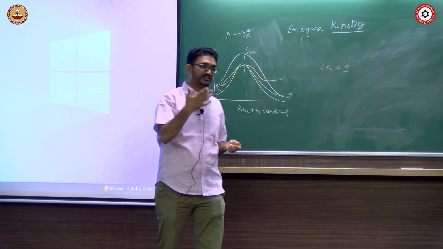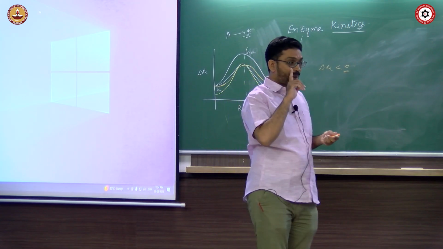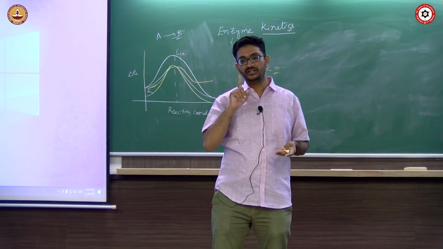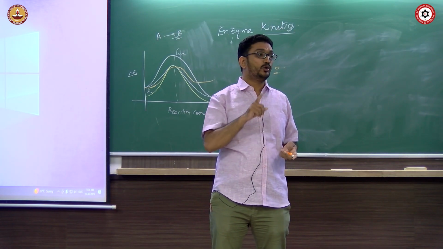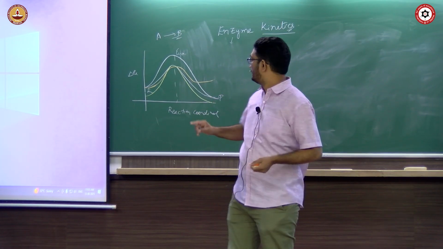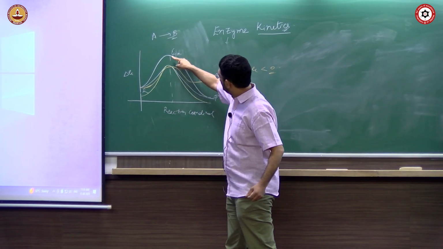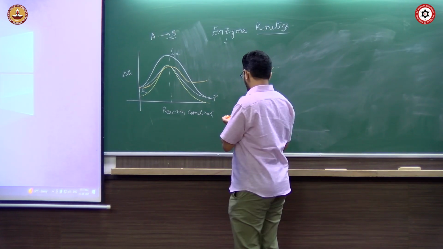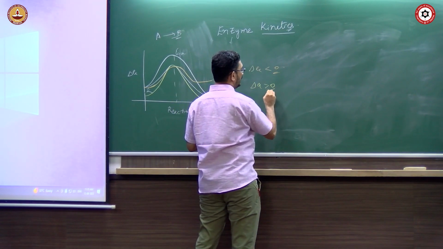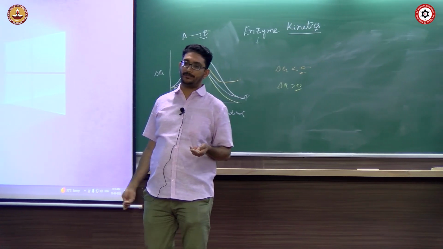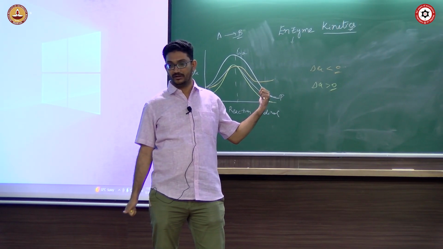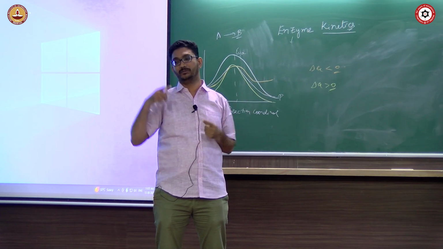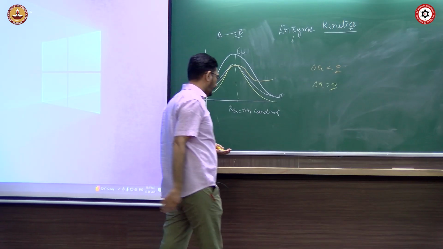That means if a reaction is, so that's right. So the catalyst doesn't alter the thermodynamics of a reaction, it only changes the kinetics of a reaction. That means it only changes the activation energy barrier. That means you have R and P here, it will only reduce this, but it is not going to affect the R and P energies. So suppose if you have a reaction, delta G is positive, no matter how efficient your catalyst is, this reaction is not going to happen. Only if delta G is negative, the spontaneous reaction, for that the rate of the reaction can be changed. So that is something that you should keep in mind.